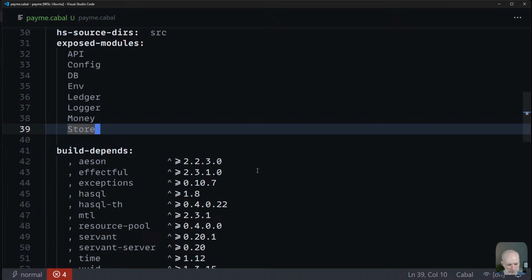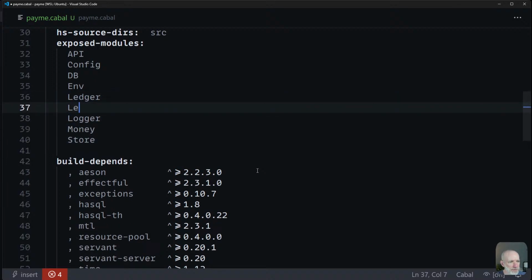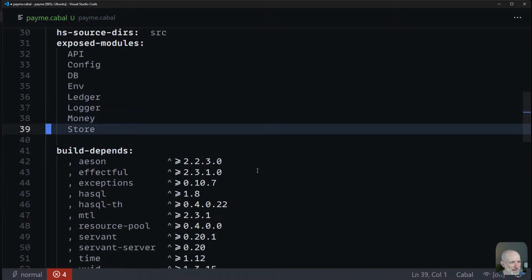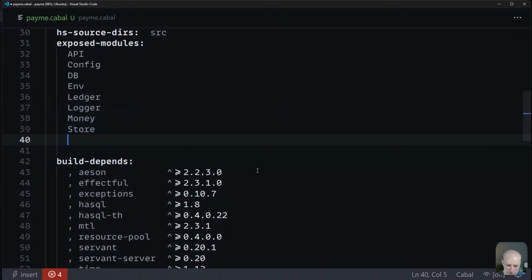Actually, I don't really like structuring things by their implementation details, so I don't like having database slash, in this case, ledger. I'd much rather have ledger slash database. So maybe I'll structure it that way. So you have something like ledger DB, and then later on I'll have an effect. I want the effects to live together, so maybe all database code should live together. I don't really know. I'm just going to oscillate if I don't make a decision quickly. So let's go DB